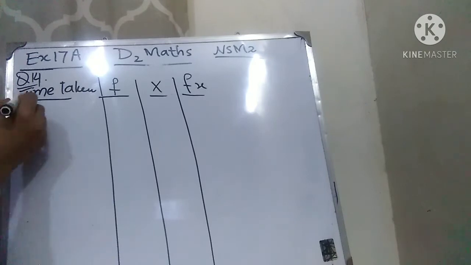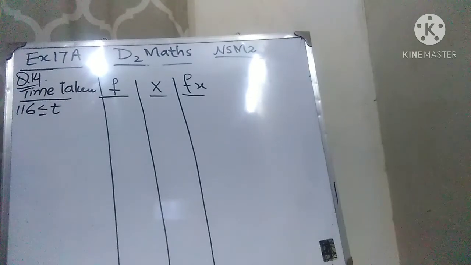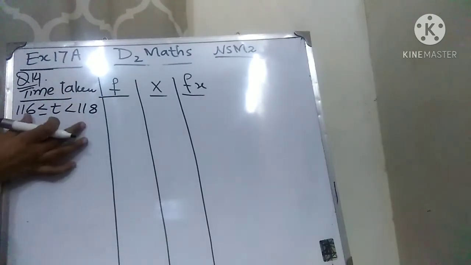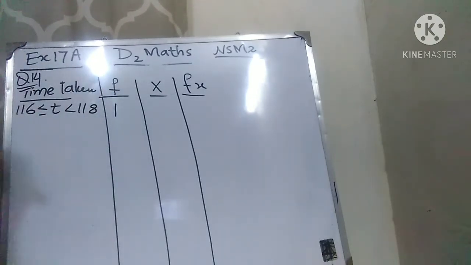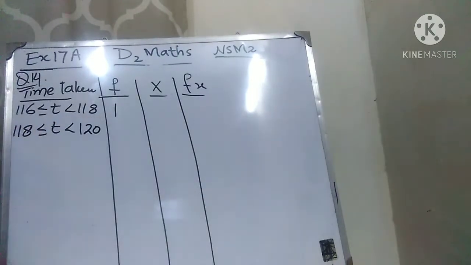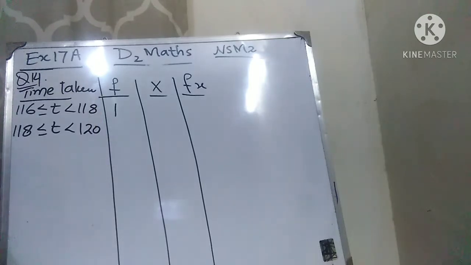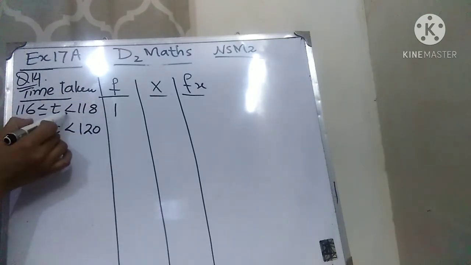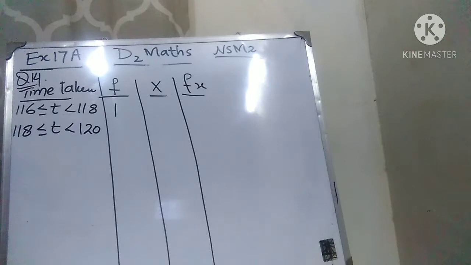So the time taken is 116 less than or equal to t less than 118. So it means that within this time range, one lorry transported the material. Okay, so 118 less than or equal to t less than 120. Less than 120 means till 119. Less than 118 means till 117. Okay, 118 is not included because this sign is not given. So less than 118 means till 117, less than 120 means till 119,